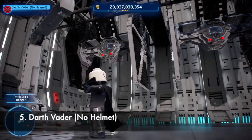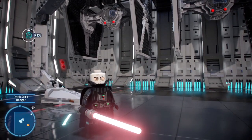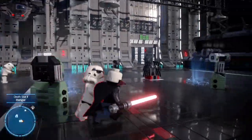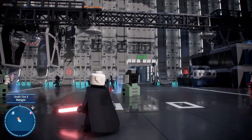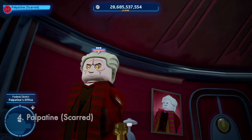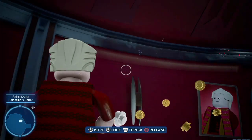In 5th place, we got Darth Vader without his helmet. He was recently just electrocuted by Emperor Palpatine, if you'll remember in Return of the Jedi. So, that's probably pretty warm. I mean, he's fresh off an electrocution to the face. That's why he had to take his helmet off, because it broke, because it was so hot, and it screwed up his systems, so...